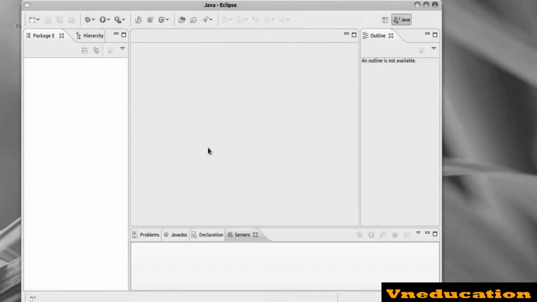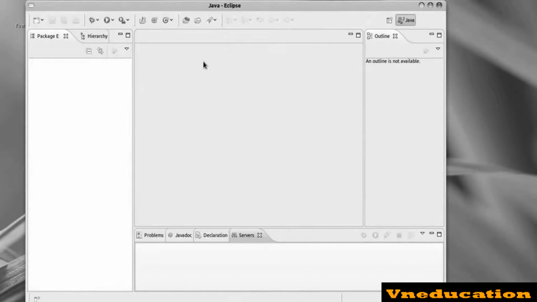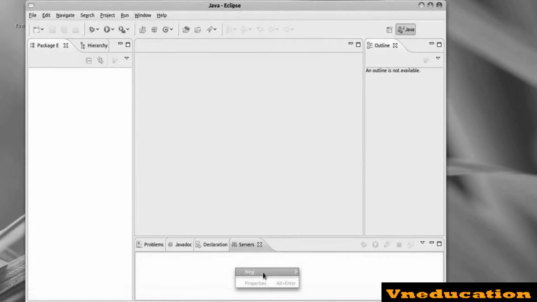Okay, so here we have Eclipse open. The first thing we need to do is set up Tomcat inside of Eclipse so that it's easier for you to start and stop the server, as well as deploy your code directly here. So in order to do that, you select the Servers tab here, and you right click and select new